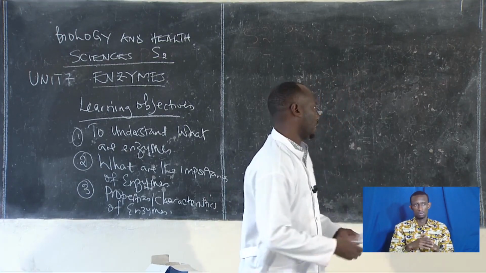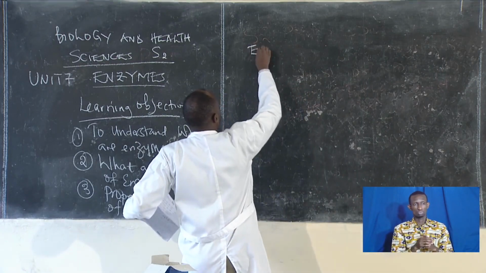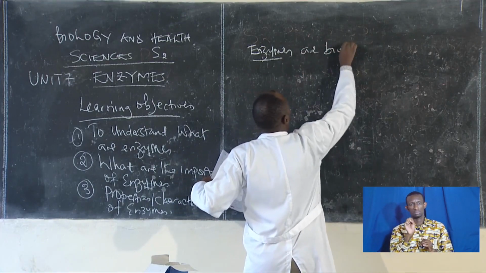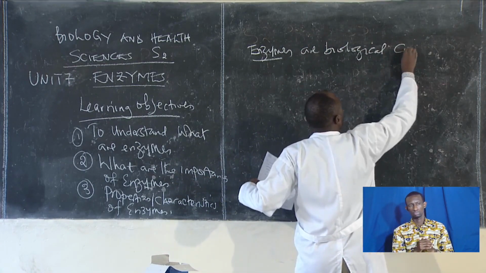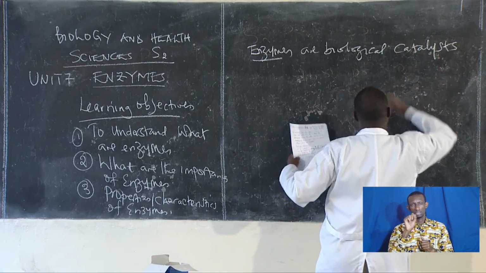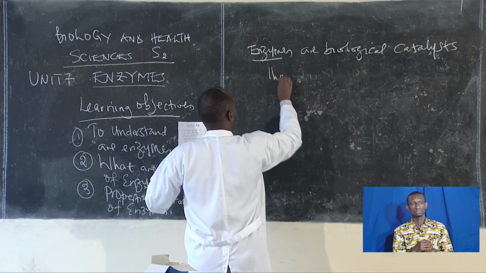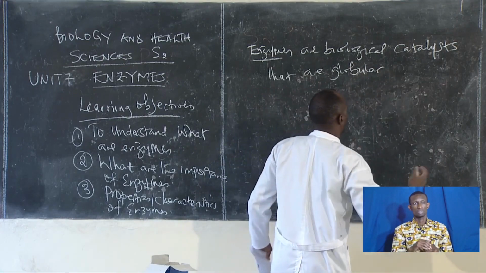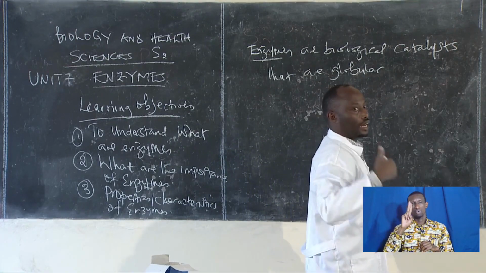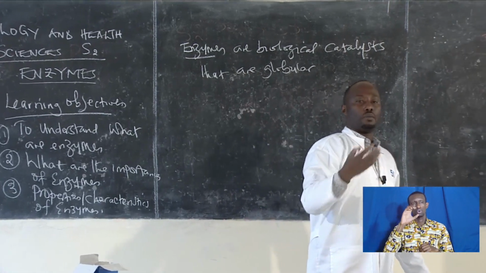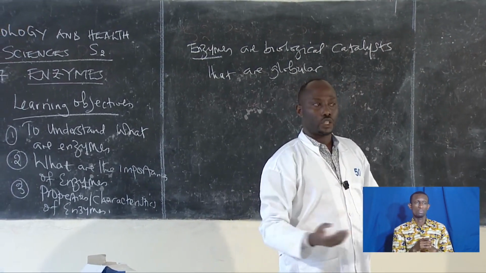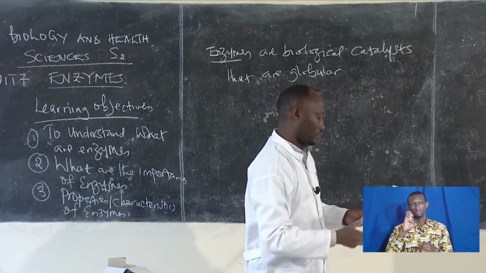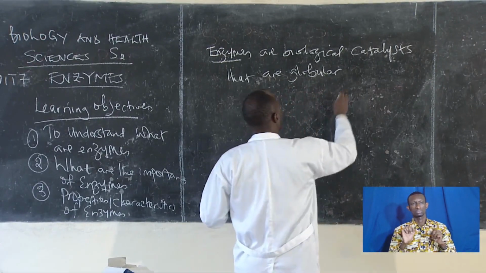So here is the definition of enzymes. You can say enzymes are biological catalysts that are globular proteins. If I say globular proteins, we have two types of proteins: globular proteins and fibrous proteins. Globular proteins, most of the time, participate in metabolic reactions. And the fibrous proteins are responsible for the growth of hair and nails. All right? And I can say protein in nature,